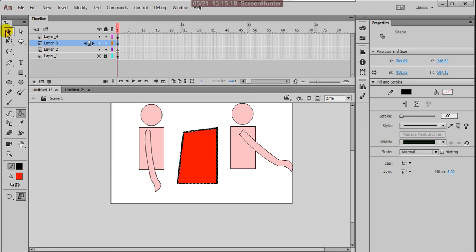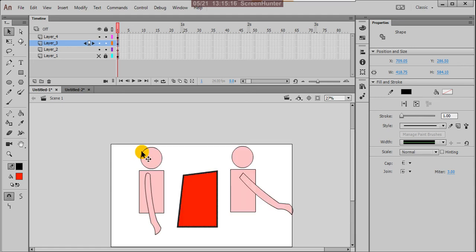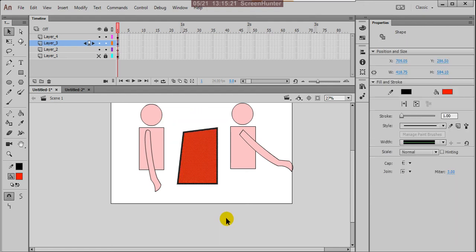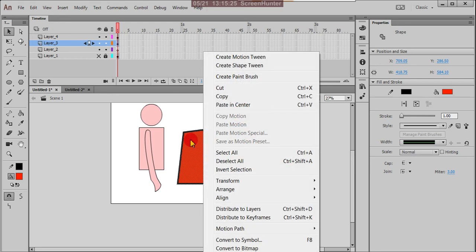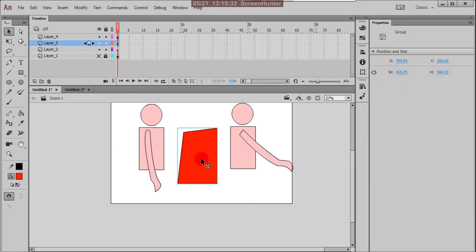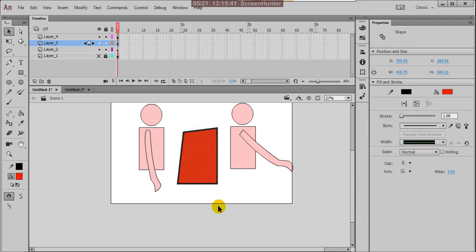So that means you can change object drawing mode into merge drawing mode, and sometimes we want to change merge drawing mode into object drawing mode. How do you do that? Select this and right click, or otherwise Control G, group, make it a group. See, it is in a group, so both are selected. Depends on your requirement, we have to give this.